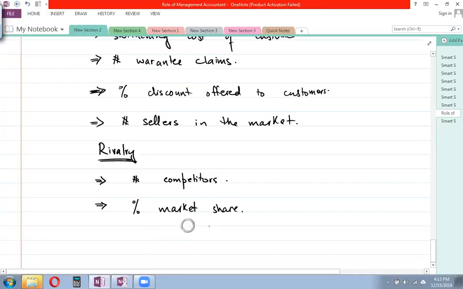It means if you have a bigger market share, then it means rivalry is low, right? The amount of advertisement amount spent on advertisement. Like if you're spending a lot of money on advertisement, that means that there is a lot of competition,